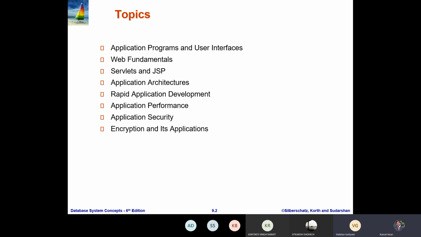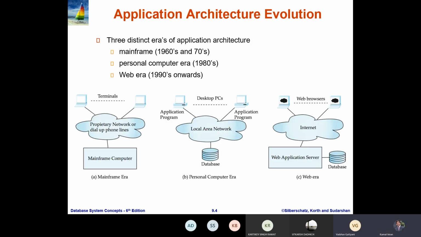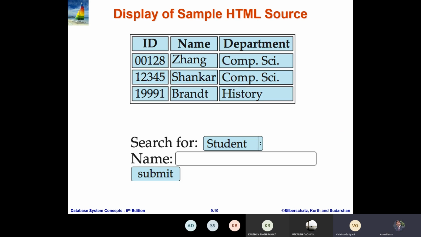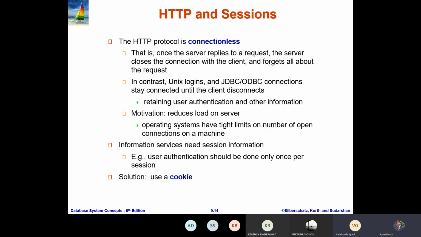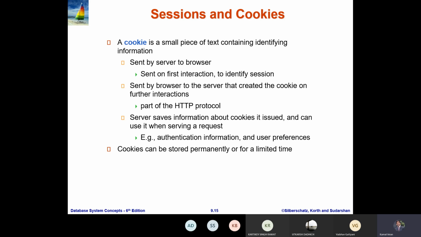The key can be anything like a number or a string, and can be used to encrypt and decrypt the data. Okay, this is about the key. I'm asking what is a cookie? Sorry sir, I'm not clear on the question. My question is, what is the cookie? What do you mean by cookie? A cookie is a small piece of text containing identification information.